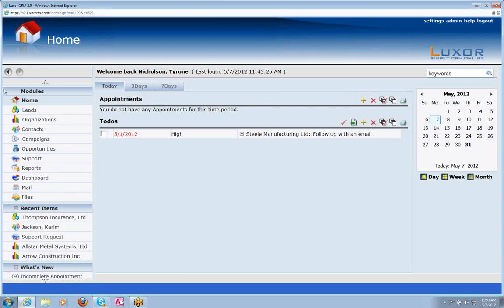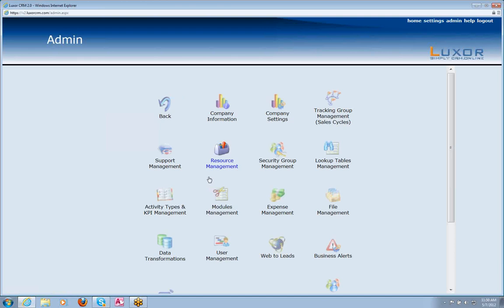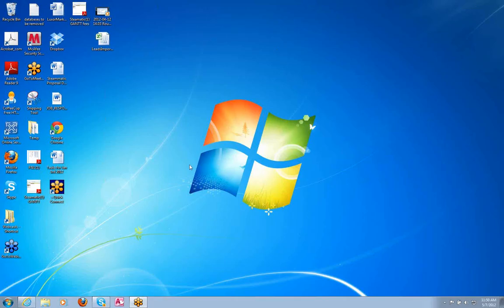The first prerequisite that you will require is administrator rights within Luxor, because we will be using the module within the admin function called data transformations. The second item that you will require is your data source file that contains the leads that you would like to import into Luxor. Here you can see I have a Microsoft Excel file that we will be importing into